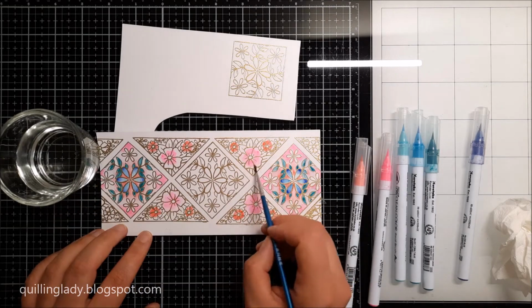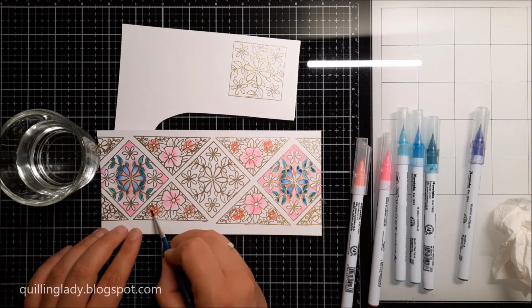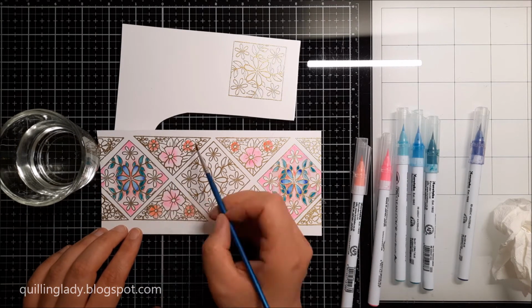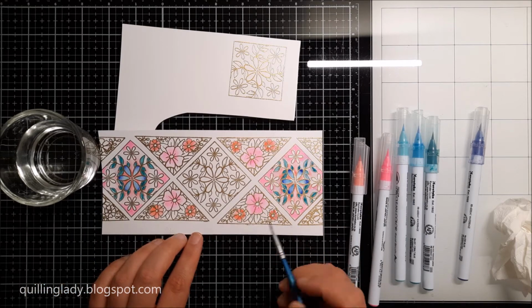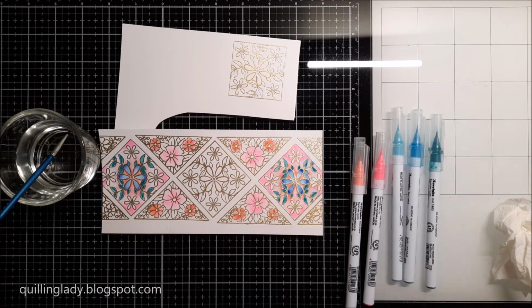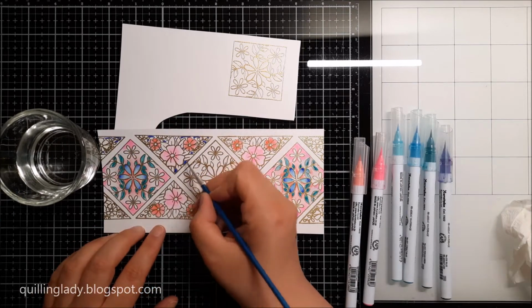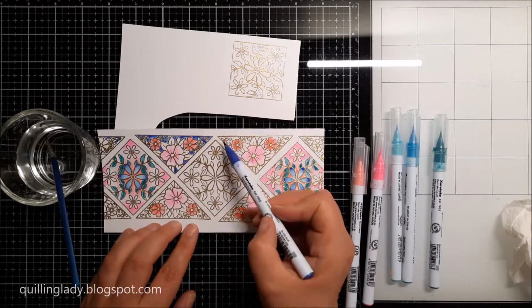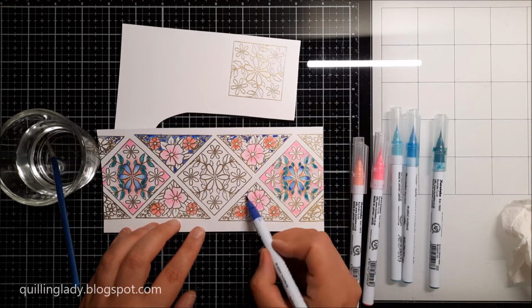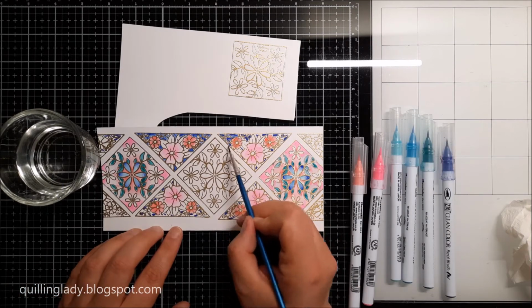As you can see, I'm trying to fill all the spaces, but I'm leaving the beautiful focal element blank at the moment, because when we did the stamping, which you can see at the top, I'm going to put that in the middle, and I'm going to use some double-sided foam adhesive just to make sure it has a little bit more dimension. And as I told you, I really think that this particular background looks like a stained glass window effect,